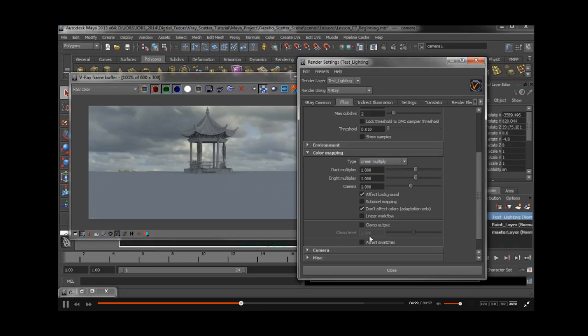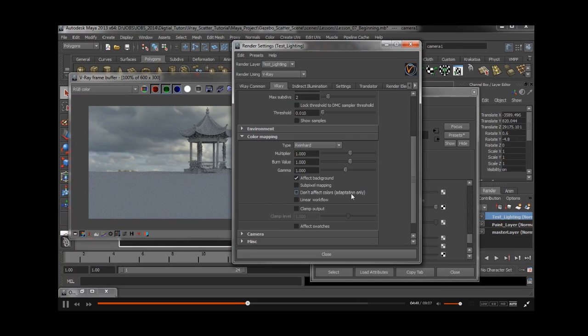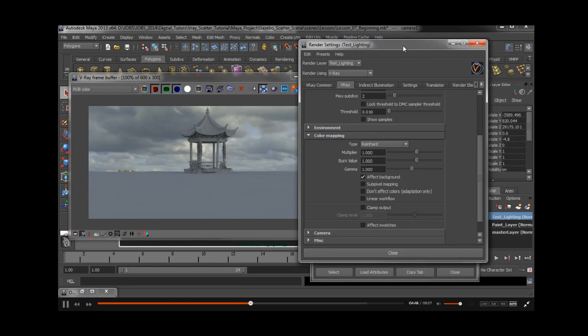We also adjusted our textures with the sRGB node. So right now, this, as it stands, would be the true linear render. But we are going to break the linear workflow. We're going to change this over to Reinhard because we want to take a look at something here. So we're not going to affect the colors. We'll be okay to have it gamma embedded in the render,